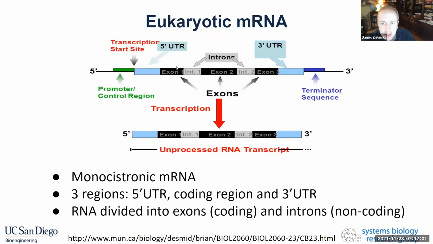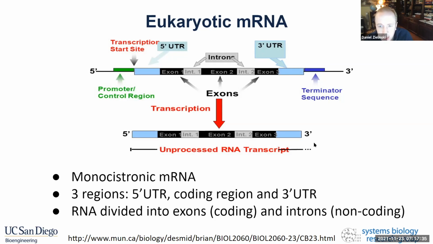And in eukaryotes, the additional feature that you have is these introns. You still have a 5' untranslated region and a 3' untranslated region on your mRNAs, but your mRNAs also have exons, which are coding, and introns, which get excised out to form your final processed messenger RNA. So even though all of this initially gets transcribed, it's then spliced, and all your introns are spliced out to make